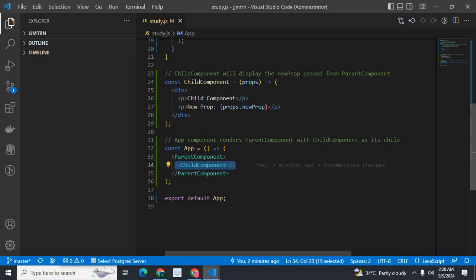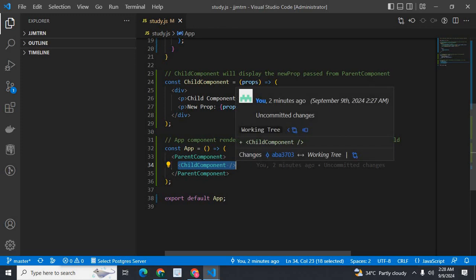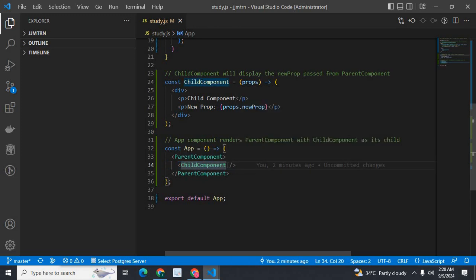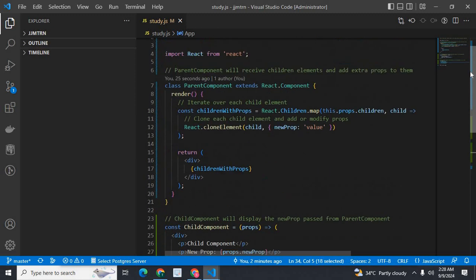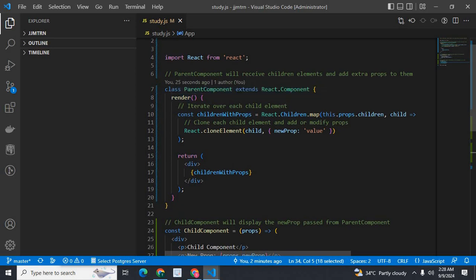So inside this parent component, we have a child component. Our requirement is to pass or add or modify props to this child component. So in my parent component definition, I have a render method. Inside that, I have loop to iterate over each child element. So const childrenWithProps is equal to